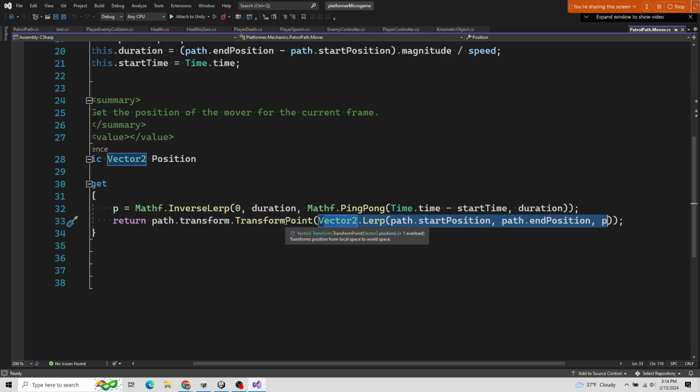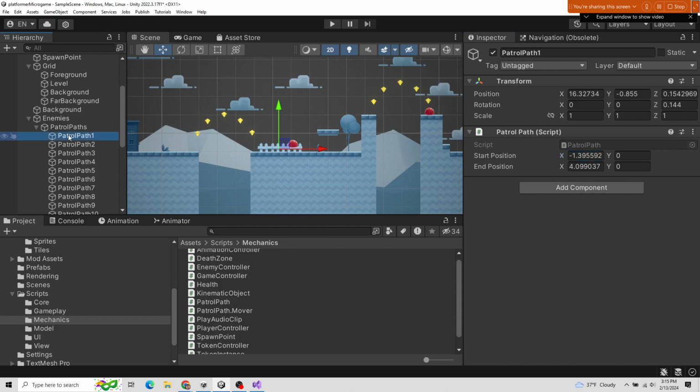Okay, this TransformPoint is overloaded. So I'm looking here and it says it's expecting to receive a Vector3, but it's overloaded, meaning you can also pass in a Vector2. In any case, you pass in a Vector2 or a Vector3. I'm guessing with the Vector2, they just add a depth, like a 0 on the z. But it transforms a position from local to world space. So local and world space